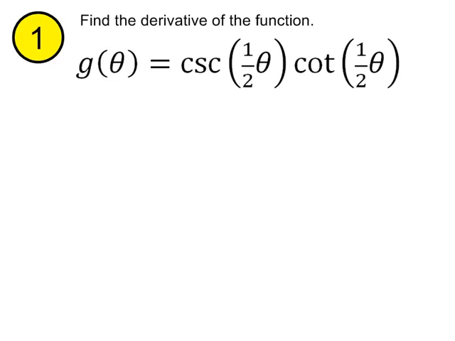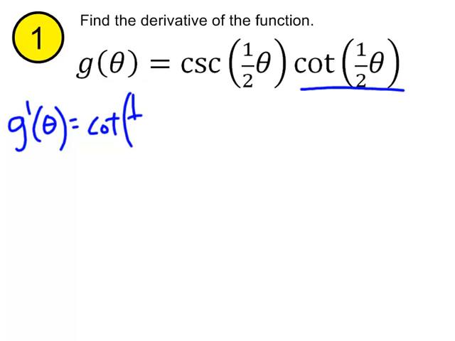One thing that some students find helpful when the product rule and the chain rule are intertwined is to just focus on one of those rules. So if you're feeling a bit overwhelmed, you might try this approach. G prime of theta, let's just focus on the product rule and try to ignore the chain rule for just this one step. The product rule says I'll do the second